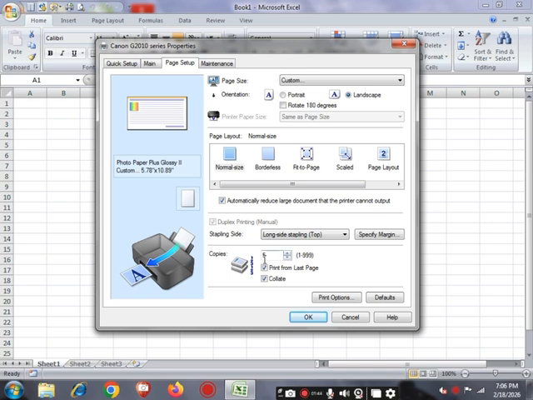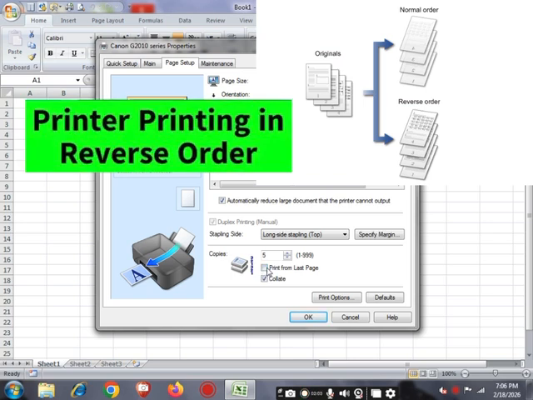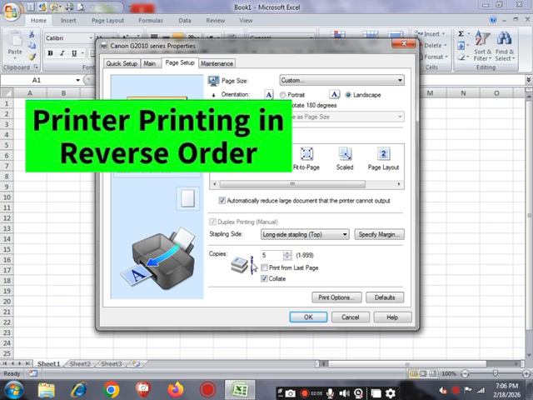For example, for a 5-page document, the printer prints page 5, page 4, page 3, page 2, page 1. It ensures the output stack is in the correct order for reading when retrieved from the printer. But when we turn off this command, when we uncheck this box, then it starts printing from the first page and ends with the last page.